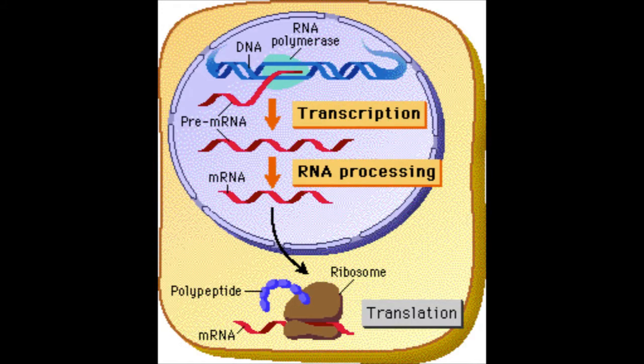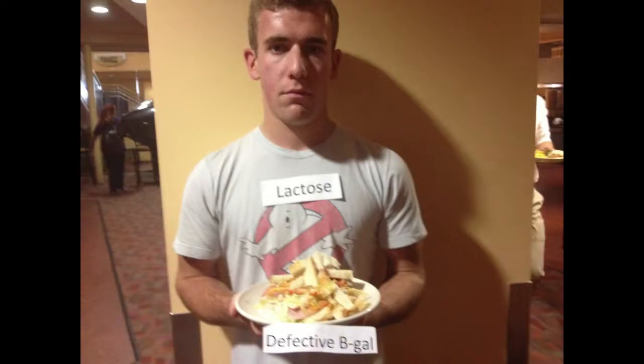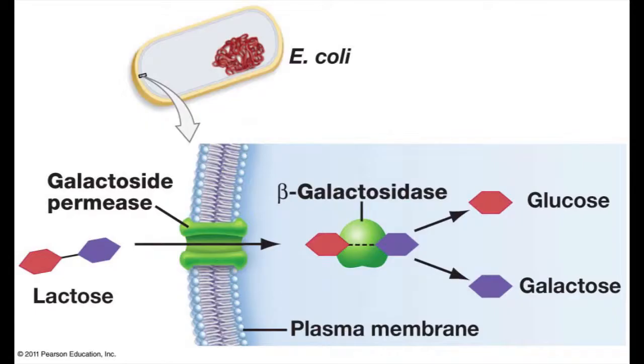If there is a defect in the LAC-Z gene, the cell will be unable to produce beta-galactosidase to ferment lactose. The sandwiches will then not give the students the energy they need because they cannot be broken down into glucose and galactose. If there is a defect in the LAC-Y gene, the cell will be unable to create the permease needed to let lactose into the cell, and it won't make allolactose either, so there will be no inducer to